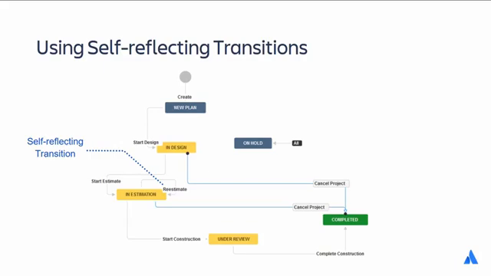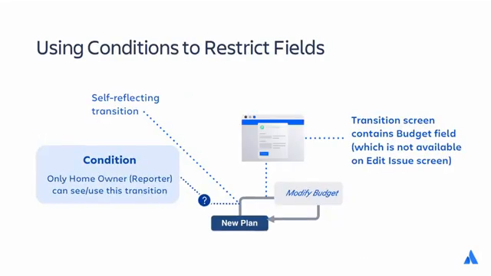Everyone else should just view it. But everyone else should be able to edit the other fields. Jira does not have field-level permissions, so how can we achieve this requirement? Remember that transition screens can contain fields that don't appear on the other screens. We can put fields for which we want to restrict editing only on a transition screen, but not on the